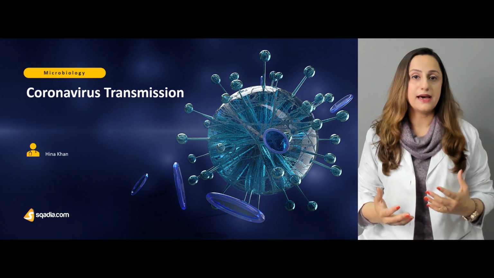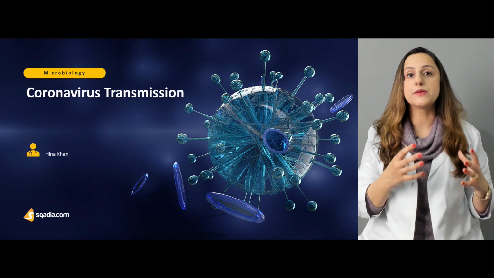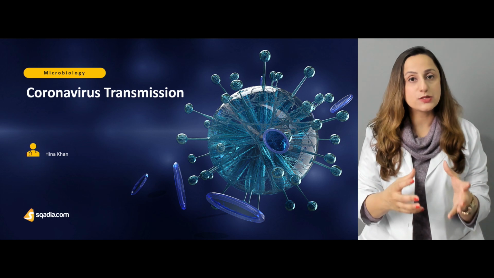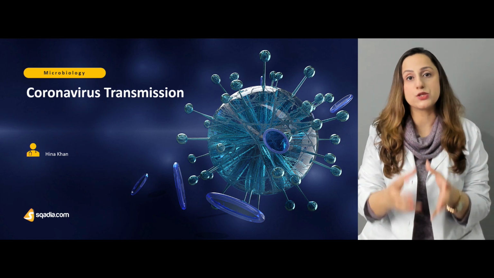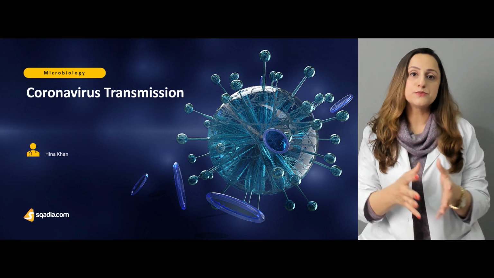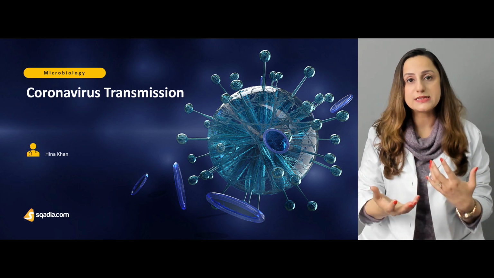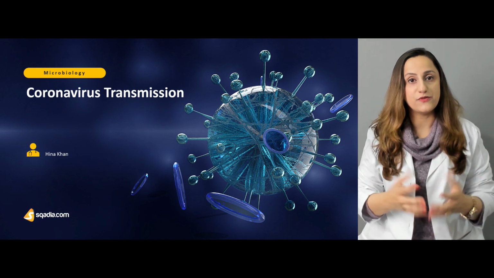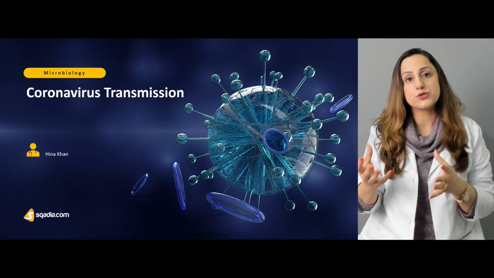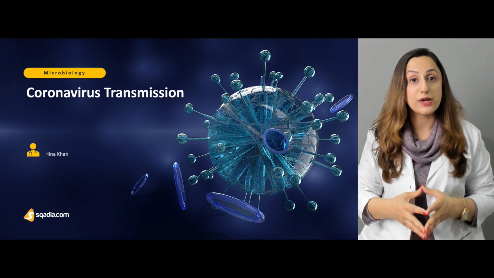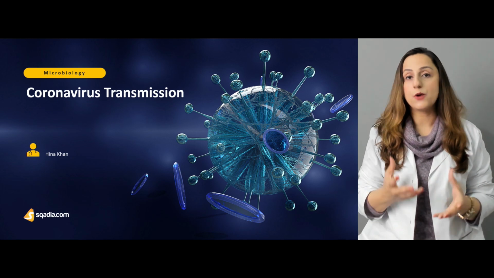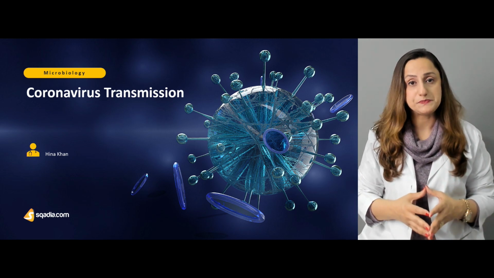Basically, what happened at that time was that bats were the primary reservoirs, and after that, the virus was transmitted to a secondary reservoir, which was basically a civet. Then, whenever humans got in contact with this civet, the humans got the transmission, and they became the tertiary reservoir for the SARS virus. That was how it was transmitted at that time.